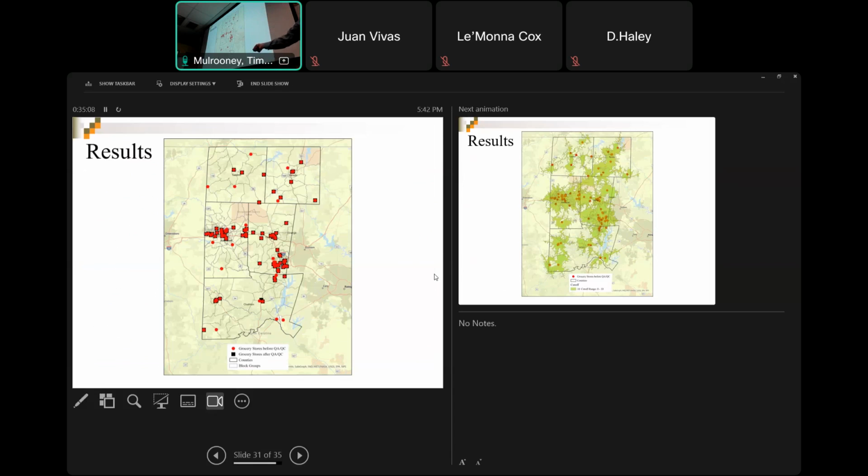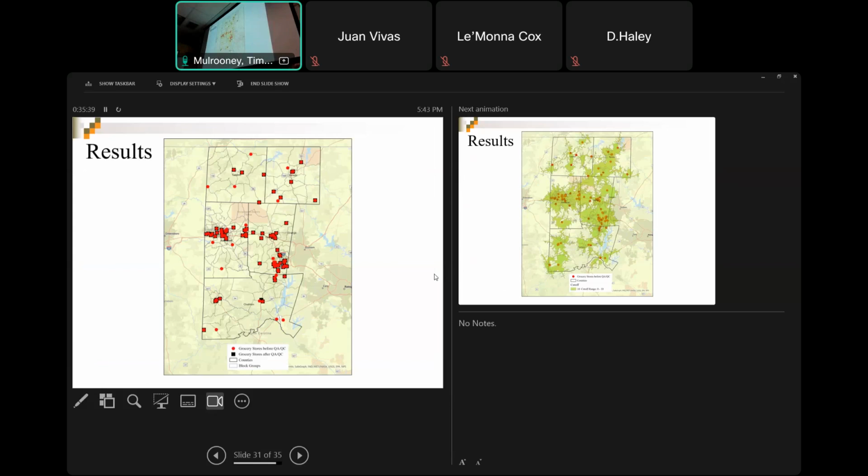But you can see here, I've got the grocery stores before QA/QC and the grocery stores after QA/QC. These red dots right here are all supermarkets that really, those are areas of commission, meaning these aren't really supermarkets. And then I did find an error of omission in Pittsburgh, meaning it wasn't in the GIS database provided, but it was there. But it was relatively close to the other things right there.